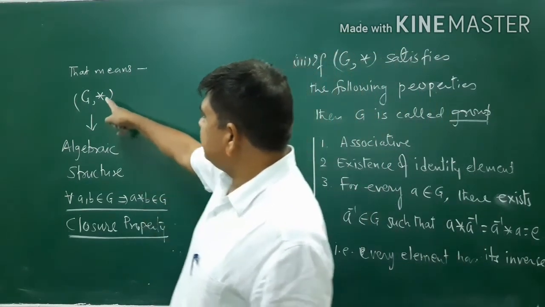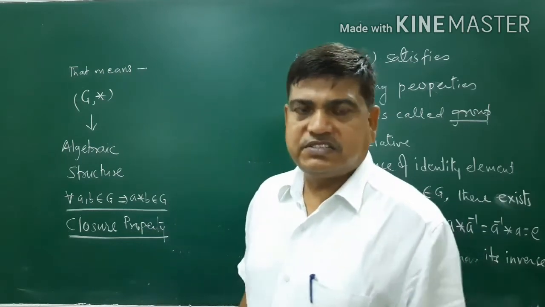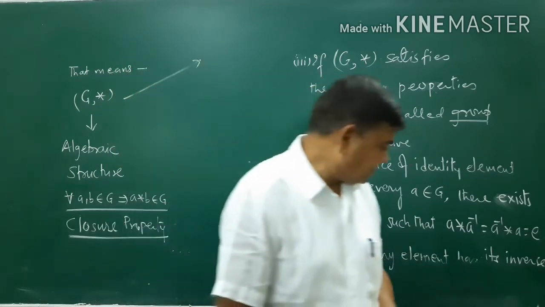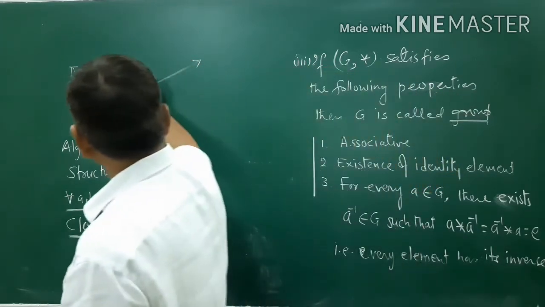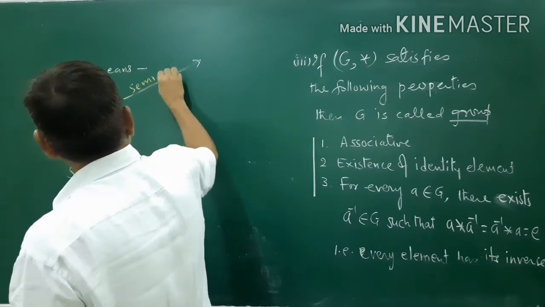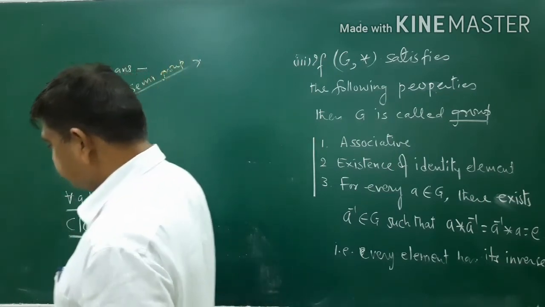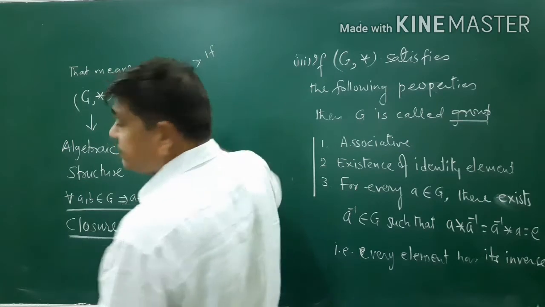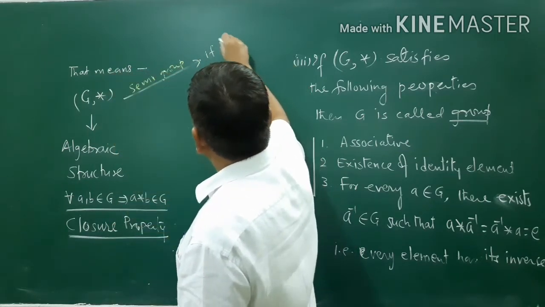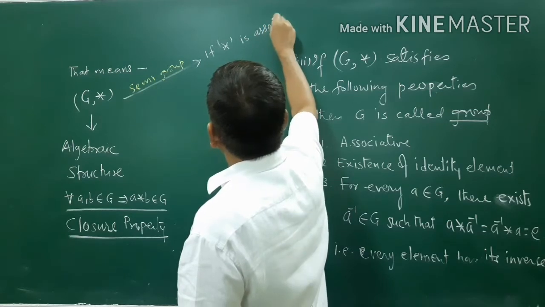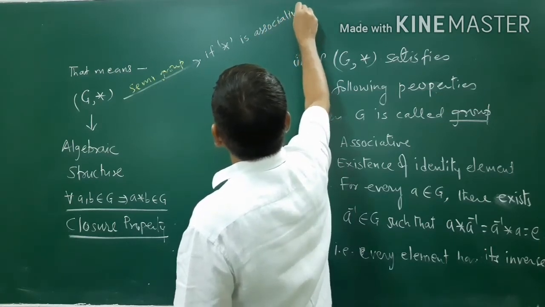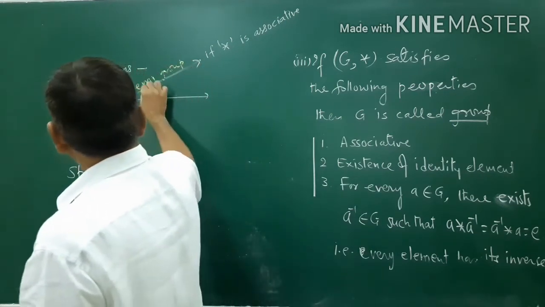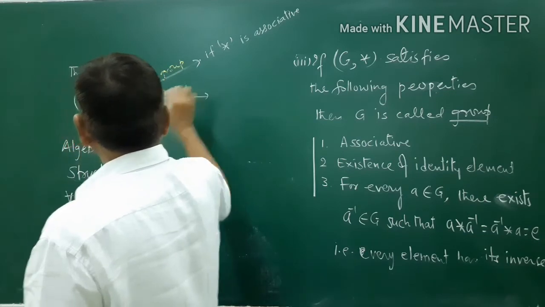Due to this property, this one is called an algebraic structure. So this algebraic structure is known as a semigroup if this operation is associative. This is a monoid